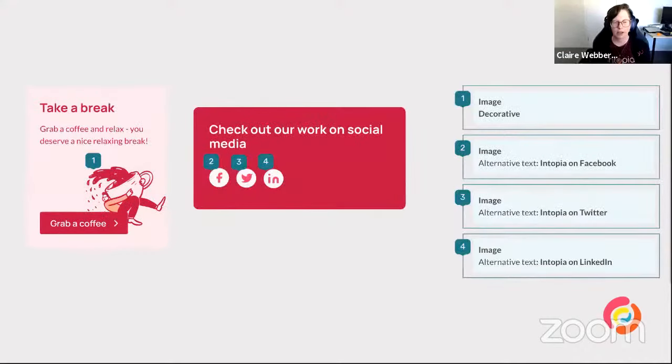So let's have a look now at how we can annotate some images to show this information. Annotating images can be really handy, particularly if you have a separate copywriter or UX writer. They can come in and help you out with alternative text early on. Let's not leave it to assumptions and guesses when it's too late. Let's think about it up front, because alternative text can be really important to how our designs are communicated.